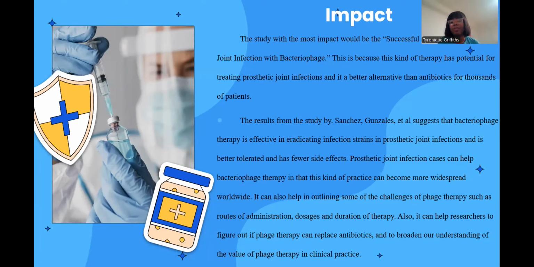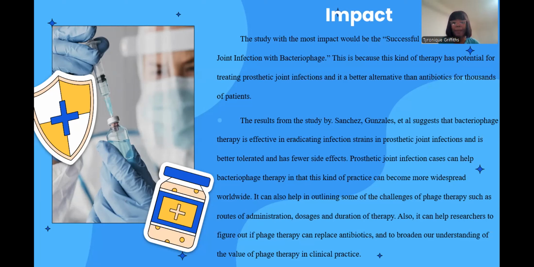The results from the study by Sanchez-Gonzalez et al. suggest that bacteriophage therapy is effective in eradicating infection strains in prosthetic joint infections and is better tolerated and has fewer side effects. Prosthetic joint infection cases can help bacteriophage therapy in that this kind of practice can become more